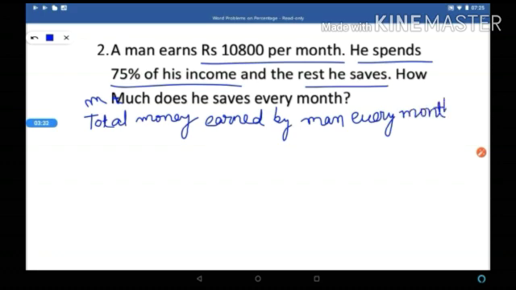Total money earned by the man every month is equal to rupees 10,800. Money spent by the man every month is equal to 75%